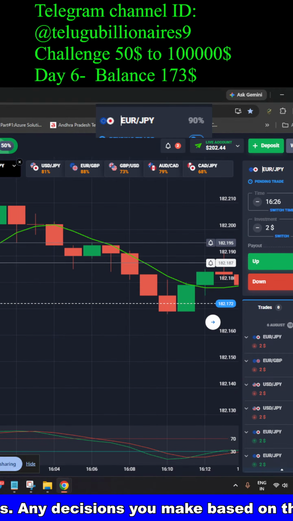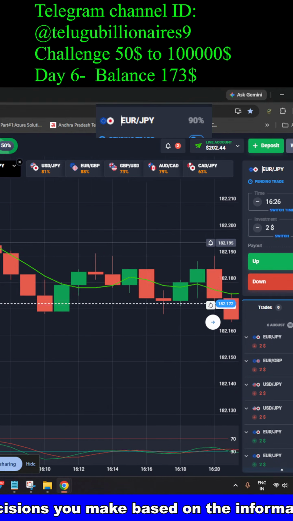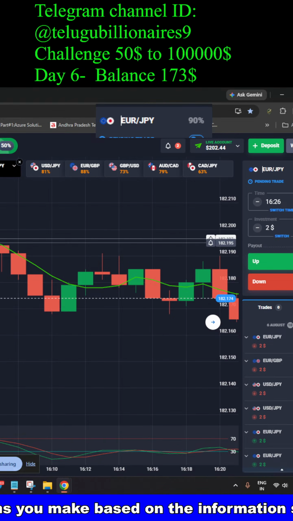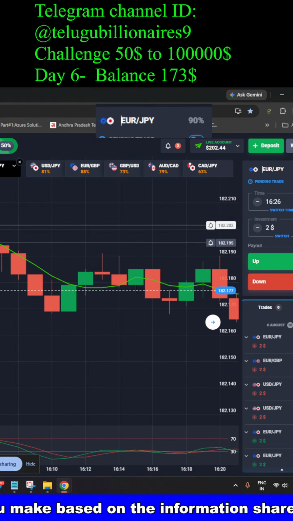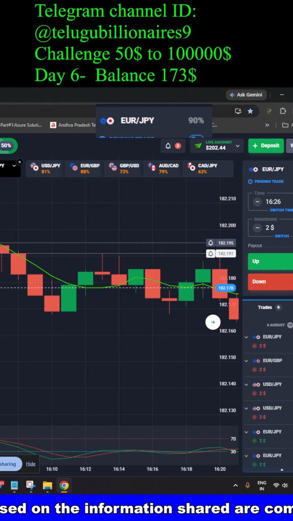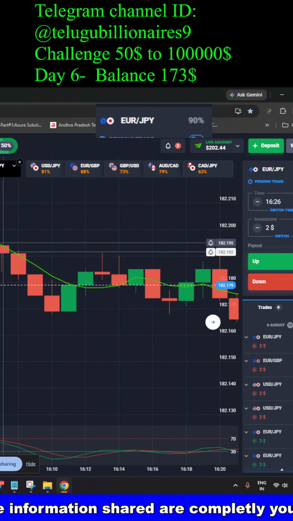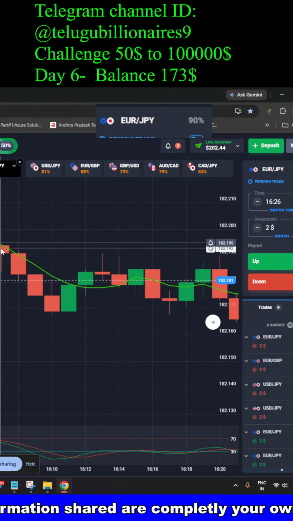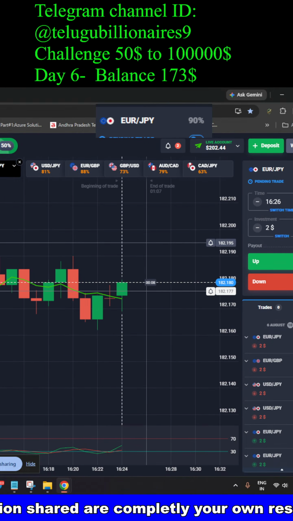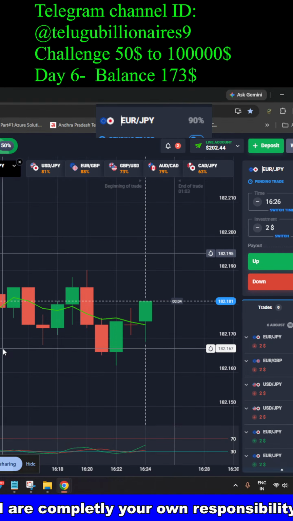Here this low, no red candle, no trade. Here it breaks and closes above, breaks and closes above. This is the candle that opened above and closed below. So this is also a break, right? Here you need to enter. If it fails, MTG win. Okay, this is not closed. Yes, one step MTG is required.